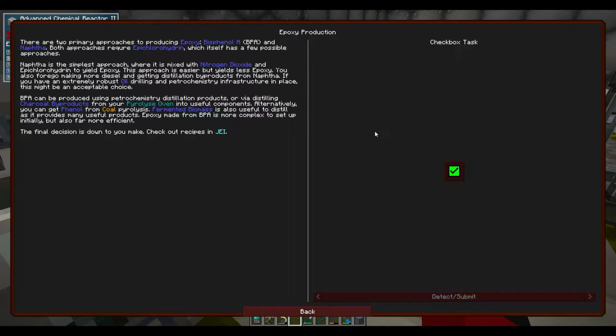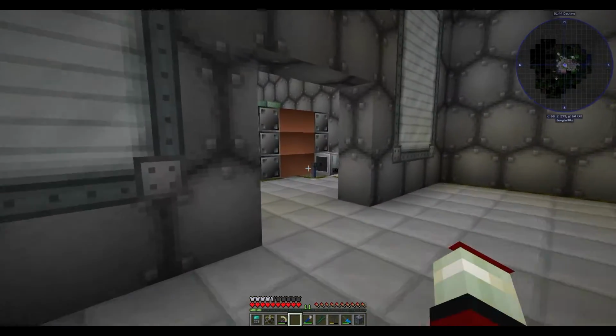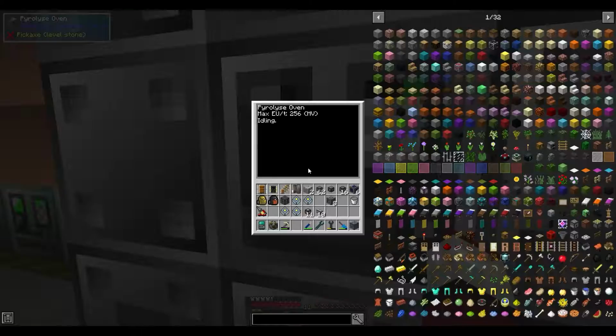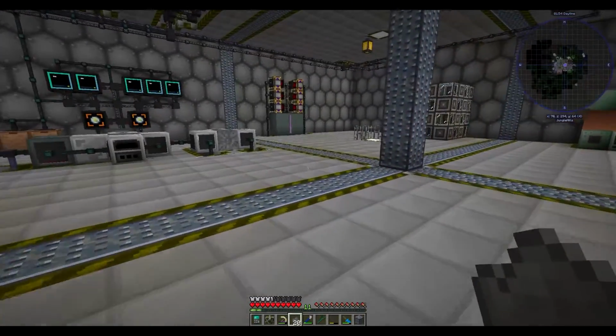Well, we're not going to know that route because we've done everything else. BPA can be produced using petrochemistry distillation products or via distilling charcoal byproducts from your pyrolyzed oven into useful components. So we've got our pyrolyzed oven here, and I've hooked it up to a fluid interface. It's just down the bottom. We just drop coal in, get that out, and that'll give me the phenol,